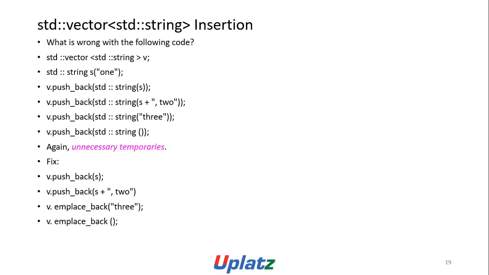std::vector<std::string> insertion. What is wrong with the following code? std::vector<std::string> b; b.push_back(std::string("s")); b.push_back(std::string("s" + "," + "2")); b.push_back(std::string("3")); Again, unnecessary temporaries. Fix: b.push_back(s); b.push_back(s + "2"); b.emplace_back("3");